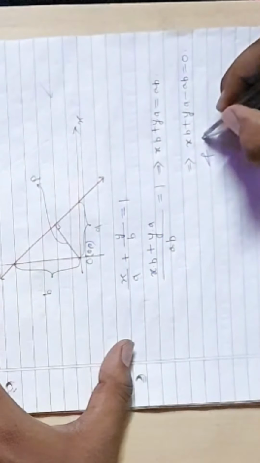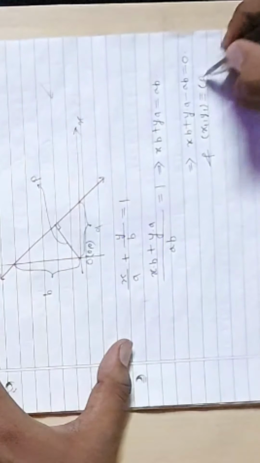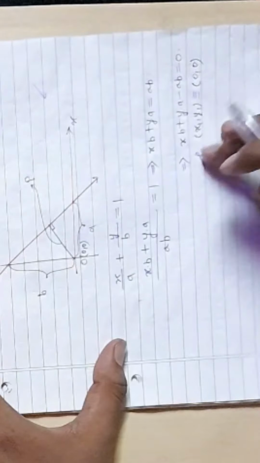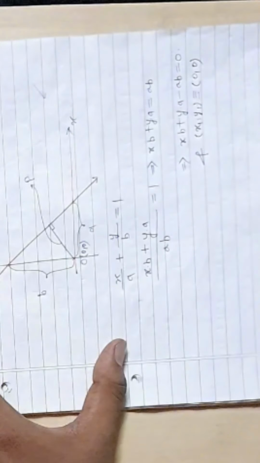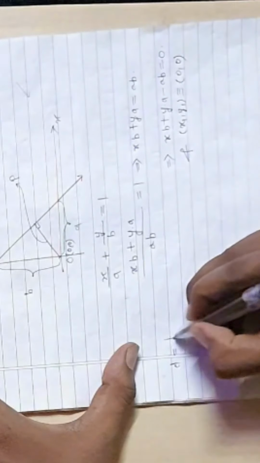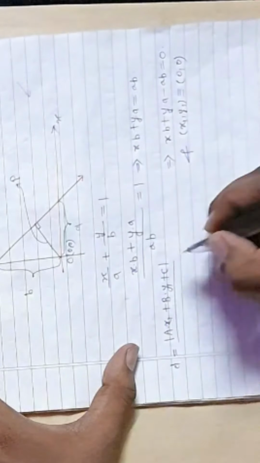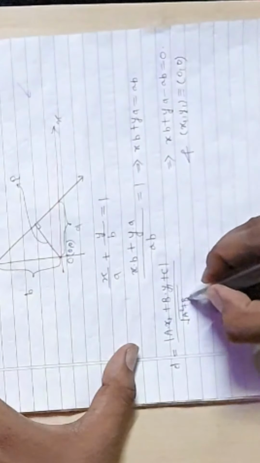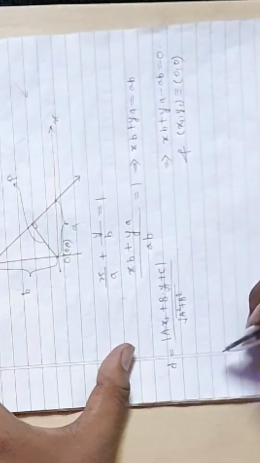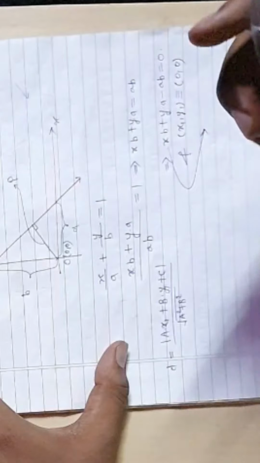Now the point (x1, y1) is (0, 0). Now we have to just put all these values in the perpendicular distance formula. And the formula is d is equal to mod of A into x1 plus B into y1 plus C upon under root of A square plus B square. Now what is A? For that we have to compare this equation